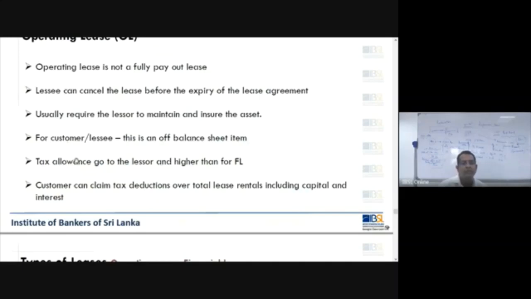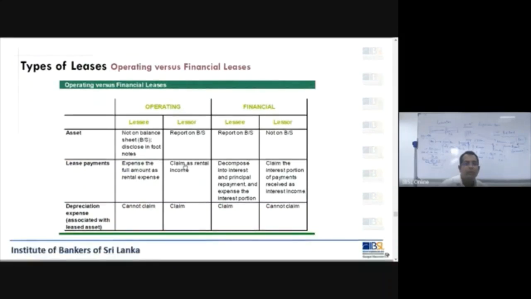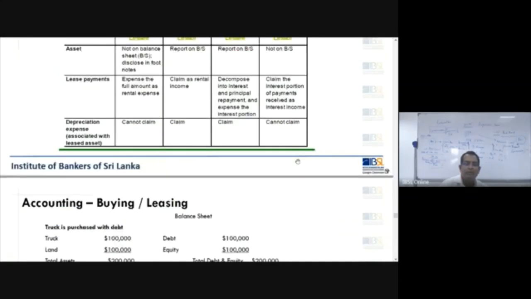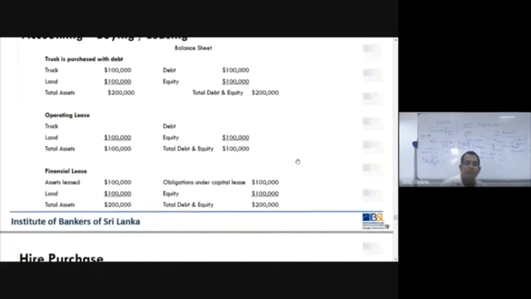Here the tax allowance is at the lessor's end, in the bank's books. The customer can deduct the entire lease rental as a cost in their books. This is the comparison. The lessee can claim depreciation. The lessor can't claim depreciation. The lessor can get only interest. This is the accounting. That's fine, but